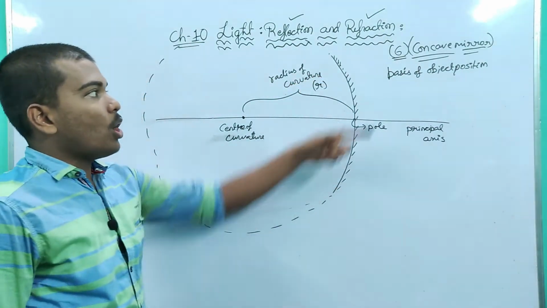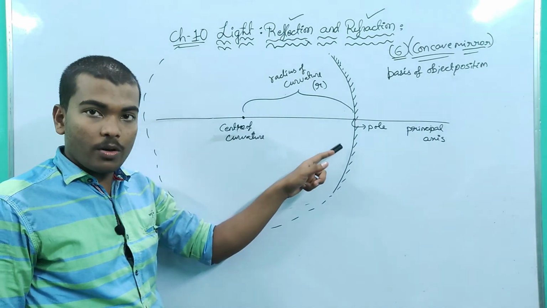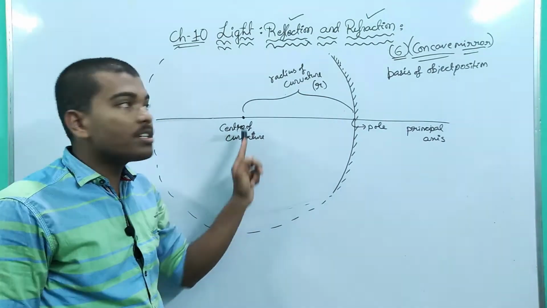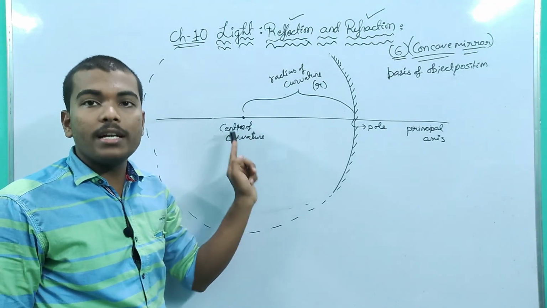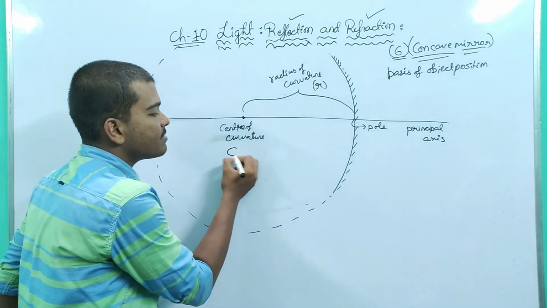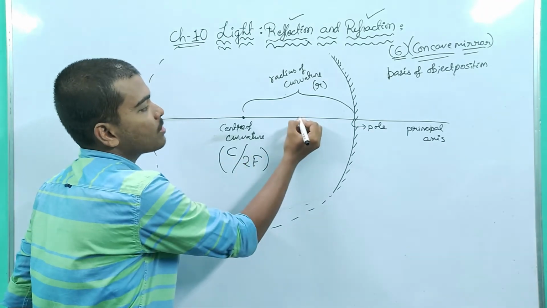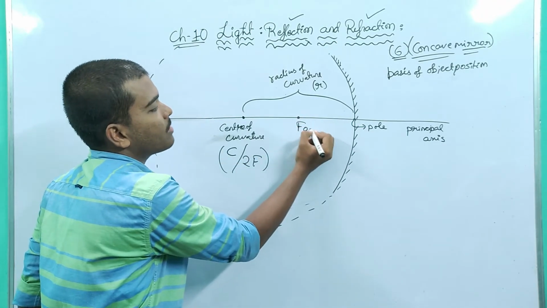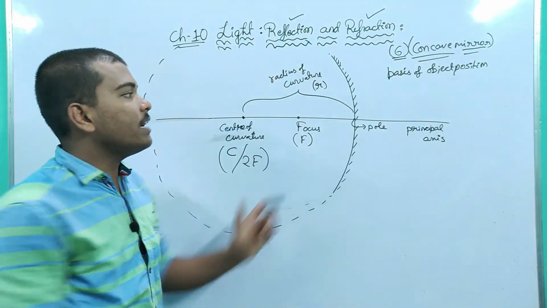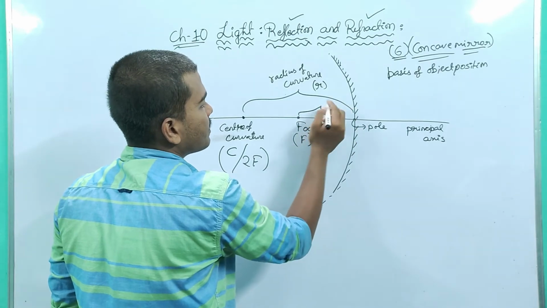Clear? Now of which sphere this concave mirror is a part of, that center of the sphere will be called the center of curvature, and the distance between pole and center of curvature is called the radius of curvature. This can also be denoted as C. Many of the books have also written 2f. Why 2f? Because half of its length is termed as focus and it is denoted as f. So naturally, if this is focal length, let us name it as